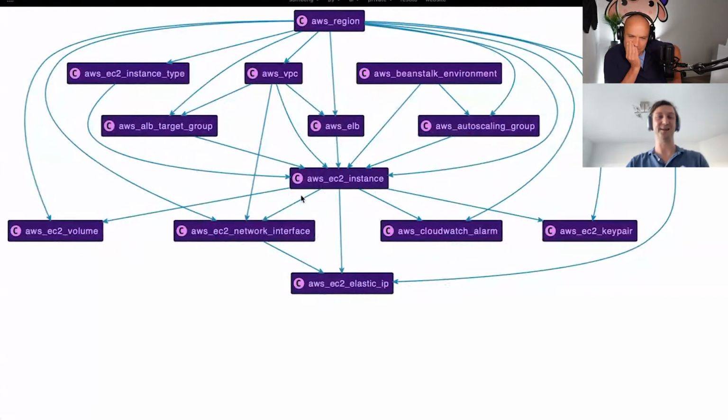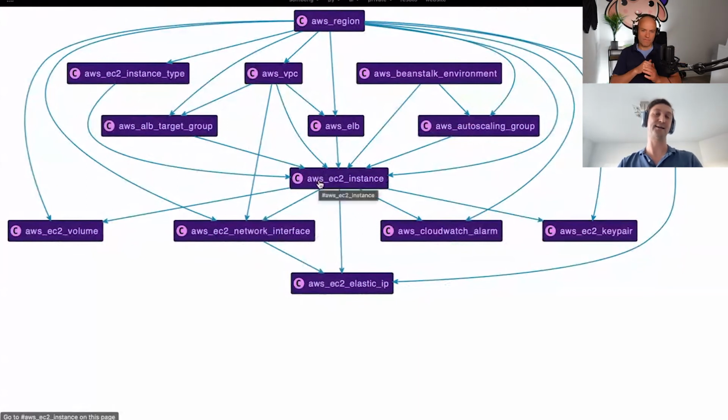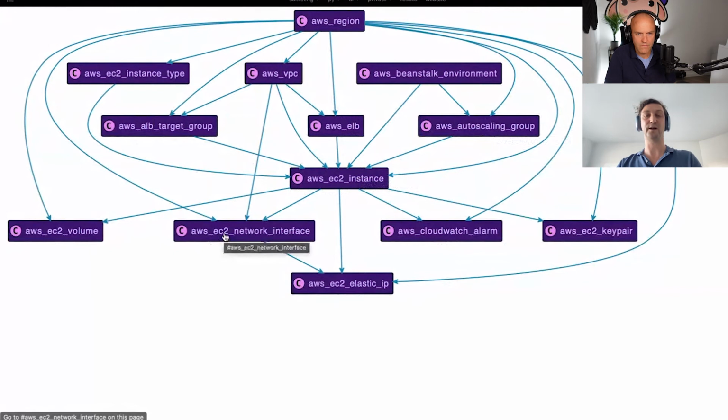Okay, so what we see here is, we were just asking for the information about an AWS EC2 instance, and this image basically shows all the predecessors and all the successors of an AWS EC2 instance. Like if the EC2 instance is behind an ELB or an ALB target group, or if it is part of an autoscaling group, all of those resources would point to an EC2 instance, and the EC2 instance itself might be attached to a network interface, have a CloudWatch alarm, have an elastic IP, or use an EC2 key pair. Like all of this information